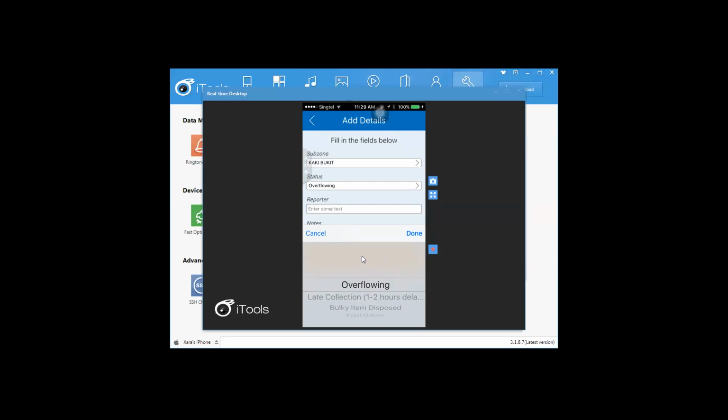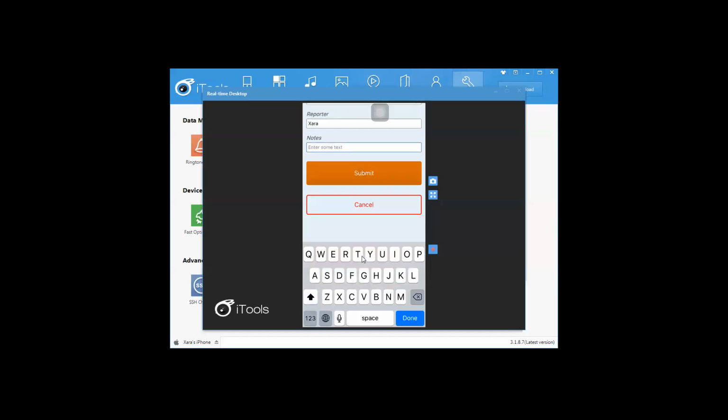So simply tap on done for that one. For reporter, I will just add my name. And for additional notes, I can add additional details for this report that I am creating.